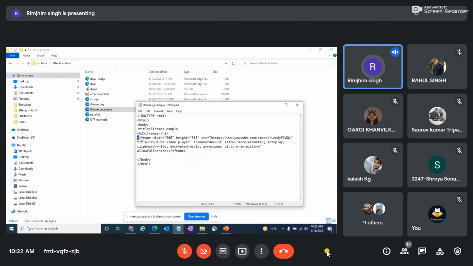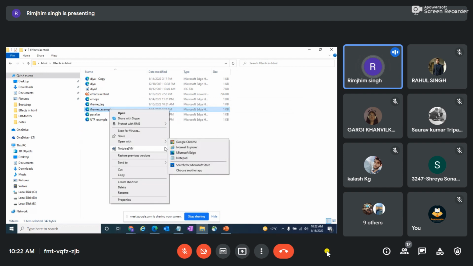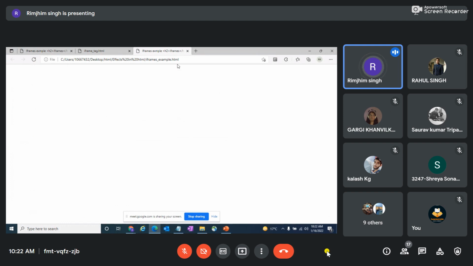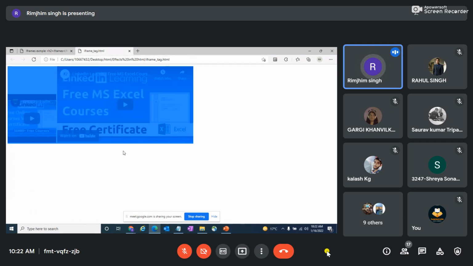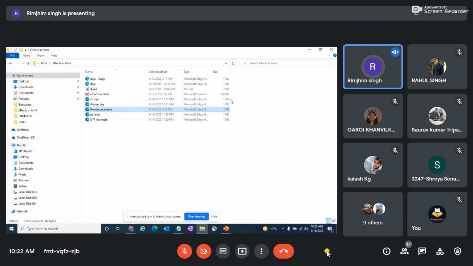If you see here, it did not run because that video had a copyright on it. So let's open it and see if that opens. No, it's not opening because that video or website has a copyright. So you might not be able to include that in your program. This is also an important aspect when you're trying to include or embed any kind of videos or stuff in your website. Yeah. And then the next was